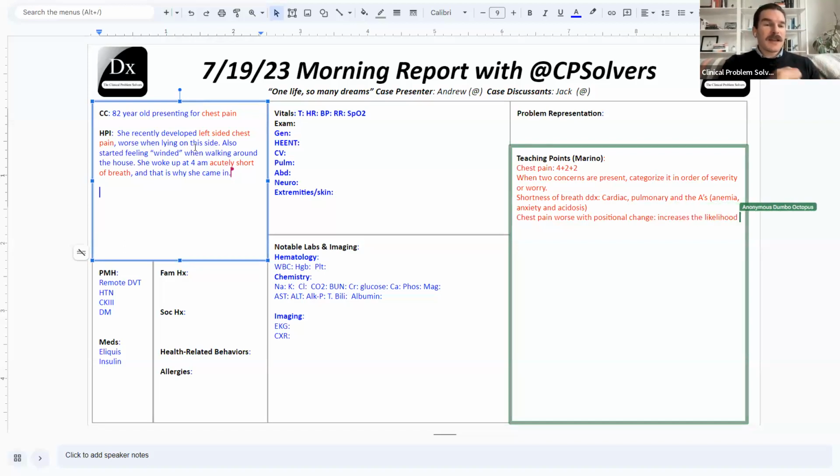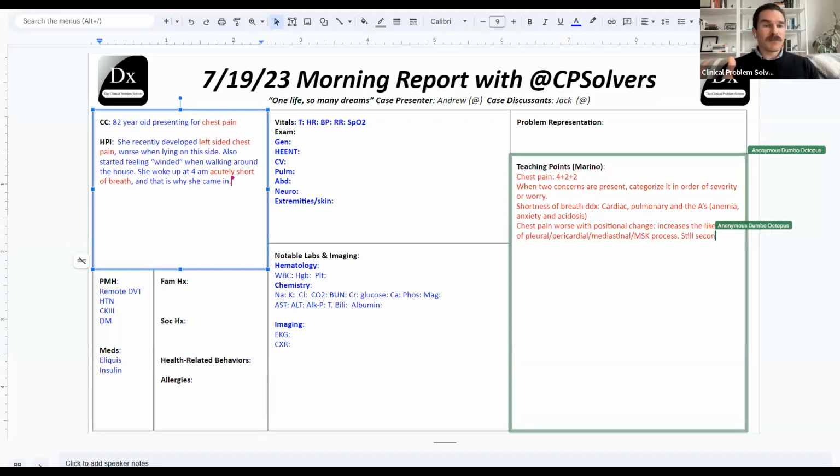The other thing is that if we think about when we lie to the side, many of the mediastinal structures shift. So if there's a pericardial process, that could also be happening here. And then certainly musculoskeletal pathology, when they bear more weight from gravity when we lie on that side, that could also be there. But all of those things, I think, come second to the much more sinister hypothesis, which is that these episodes of left-sided chest pain were the canary in the coal mine for what could now be an acute coronary syndrome.